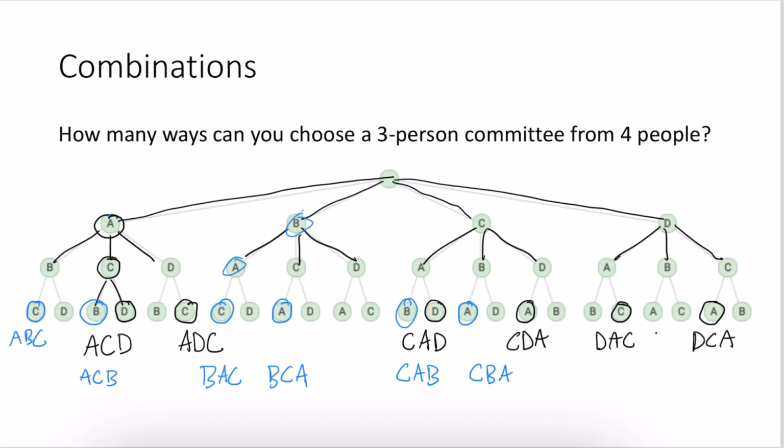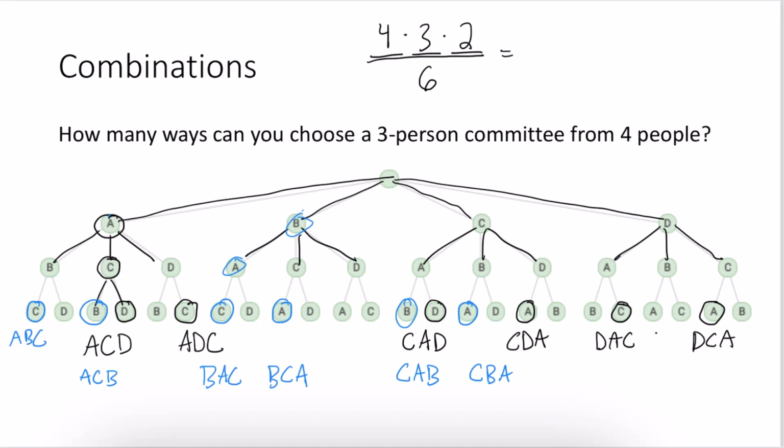So the way that we would calculate this is, first of all, we would figure out the number of permutations in this choice tree. So the way we would do that is we would say, well, we're making 3 choices. We have 4 people to choose from for the first choice, then 3 people to choose for the second person on the committee, because we don't want to choose the first person that we chose again. And then we would have 2 remaining people to choose for the last person on our committee. And then we're going to divide this by the number 6, because in this choice tree that had a total